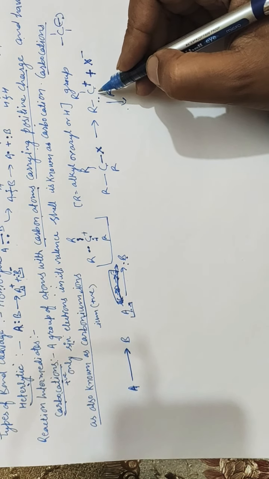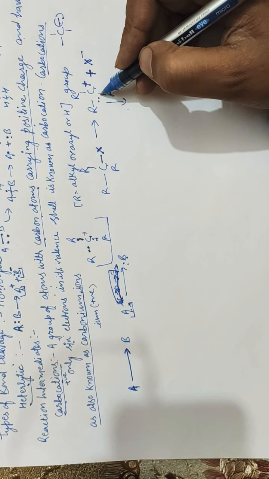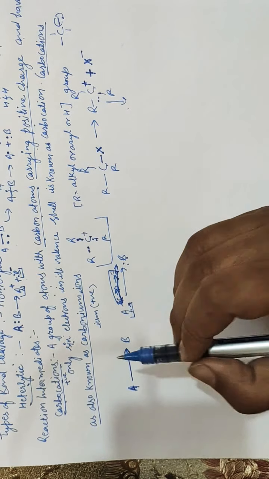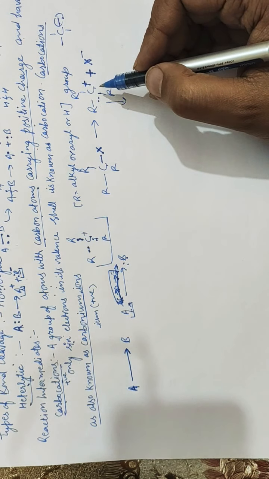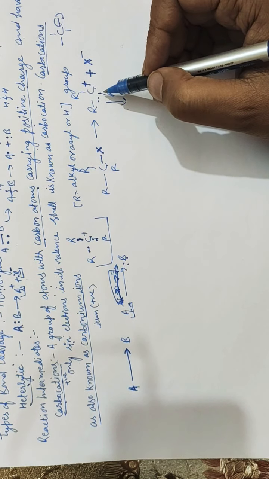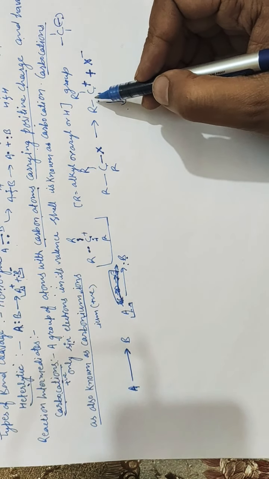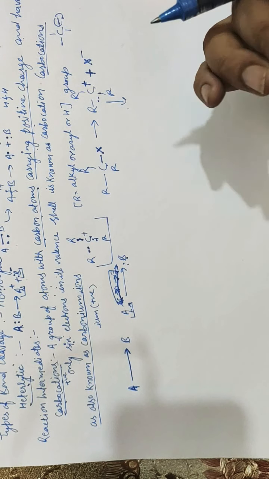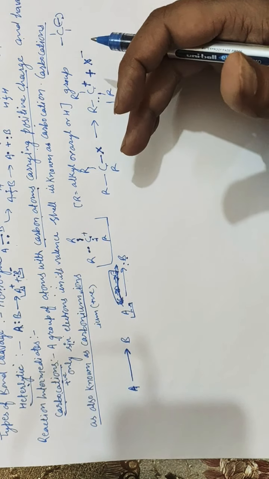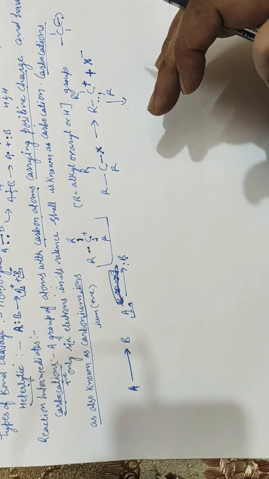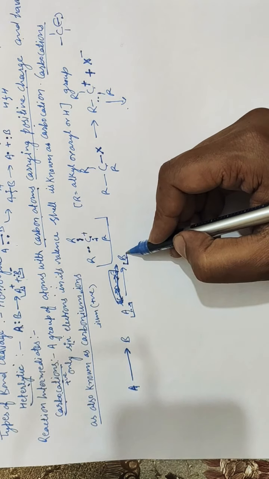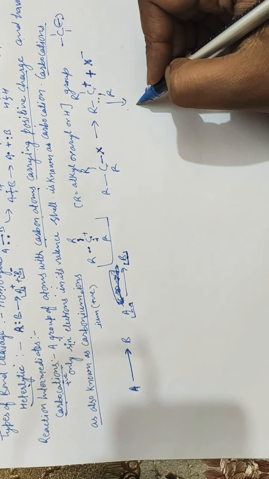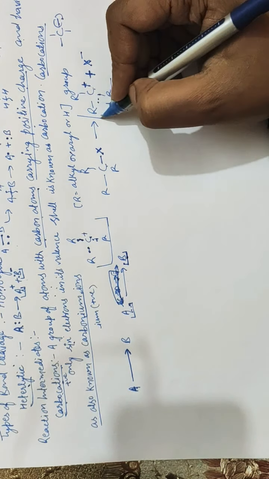It is a very short-lived, highly energetic and unstable species, so it is not represented in the single reaction, but it is represented in the reaction mechanism. When you are asked to draw the reaction mechanism for any reaction, you have to write all the reaction intermediates that are formed and consumed during the reaction. Only the product will be the last stable species that remains. So the carbocation will further react with something to form the product. This is called a carbocation.